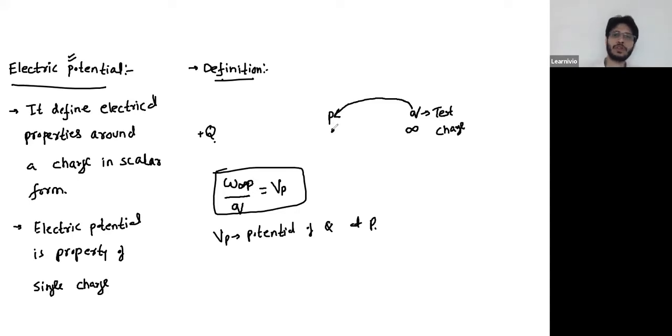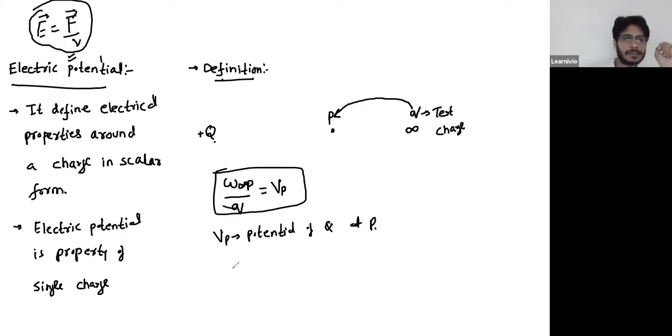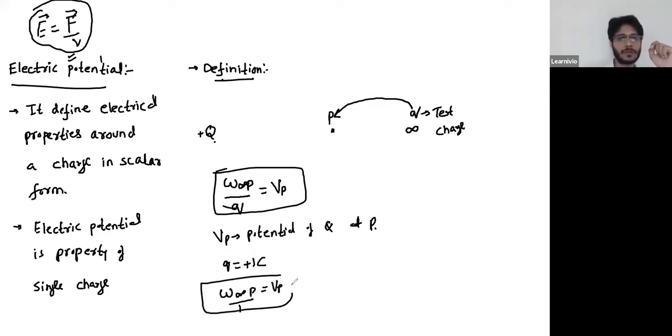This is how we calculate potential at any point. If you want to calculate potential over this point, then consider a reference point which is usually infinity. Take a test charge, calculate work done in carrying that test charge from infinity to point P. That work done gets stored in the system in the form of potential. The next is, if I consider this test charge to be of 1 coulomb, if I substitute q equal to 1, then work done from infinity to P by 1 is equal to potential. So we can define potential from this last equation, that electric potential at a point,